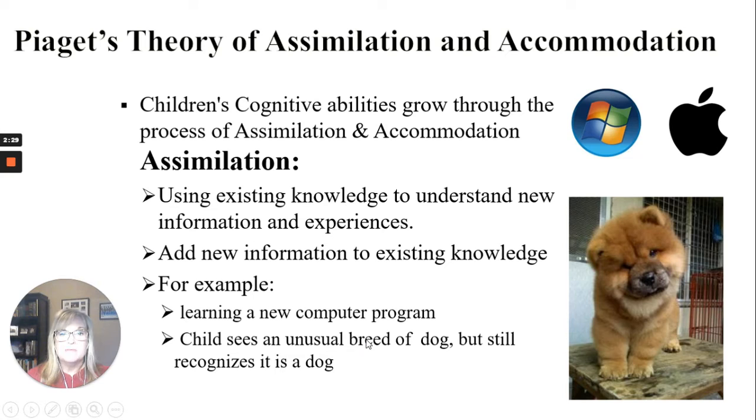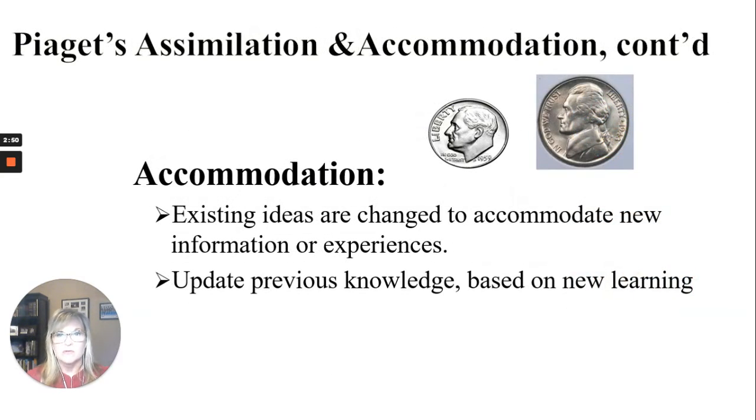Sometimes kids, they'll see something new that they've never seen before. So they might see this dog here, which is a chow, and they might think, is that a teddy bear? Is it a chow? Is it a lion? But they are able to recognize that, yep, it's a dog, and they can add that information to their information about dogs. So assimilation is just adding new information that you've learned, whereas accommodation is where you have to actually